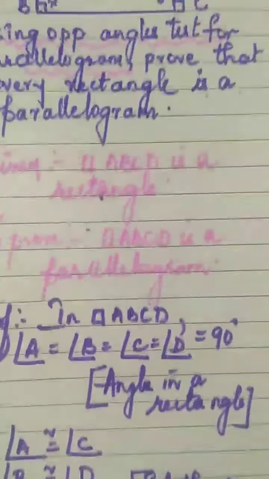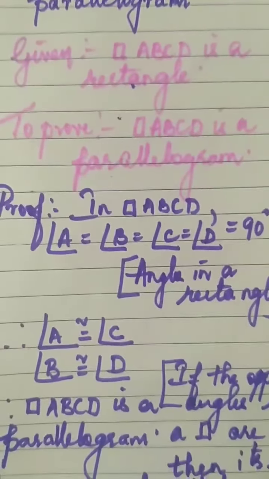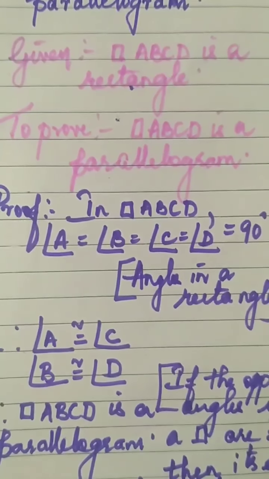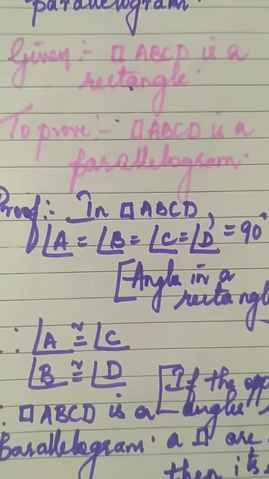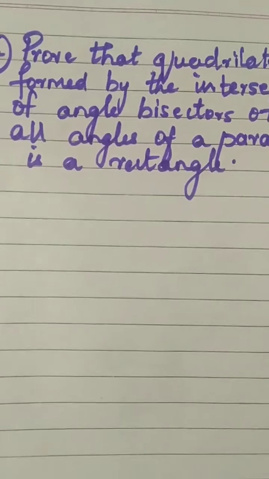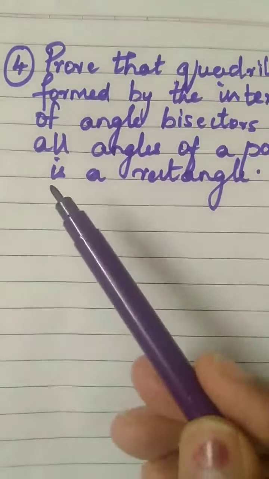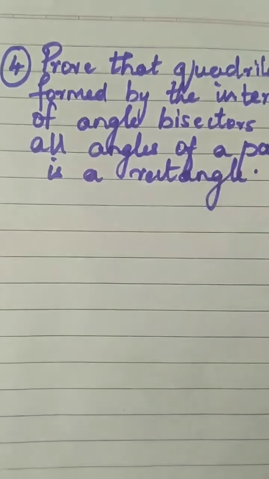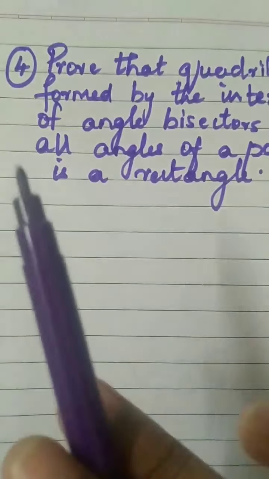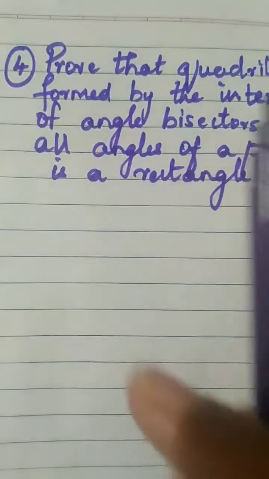The easiest sum of this practice set. I hope you got it clearly. That's it. We can move into the next sum. Now we move on to the fourth sum because the third sum is cancelled for this year. Third sum is cancelled. So we move on to the fourth question.